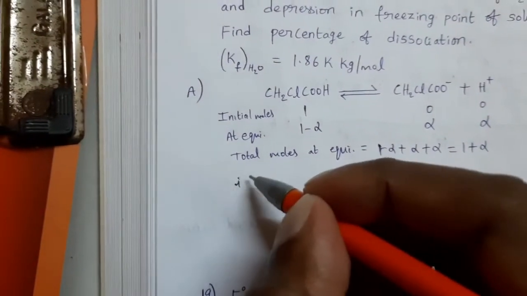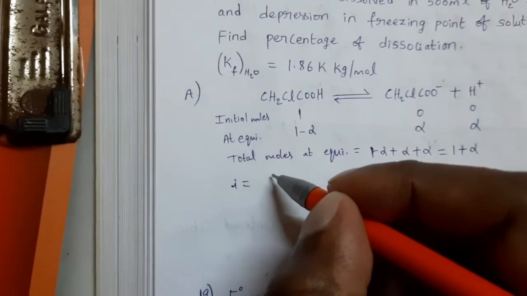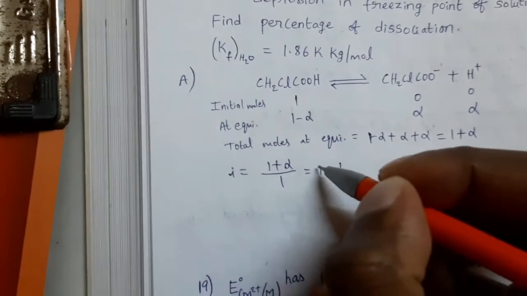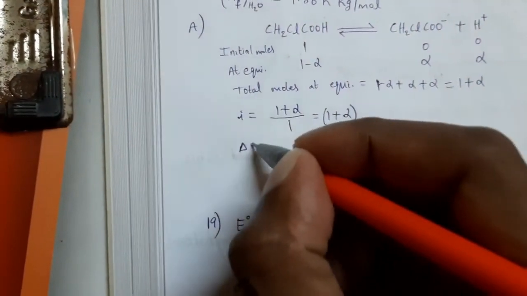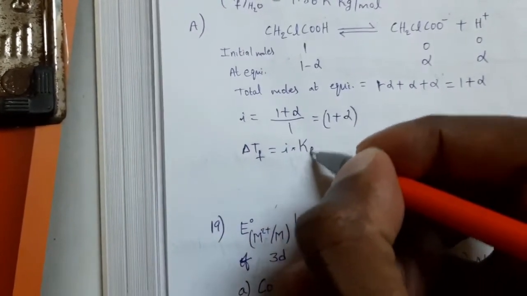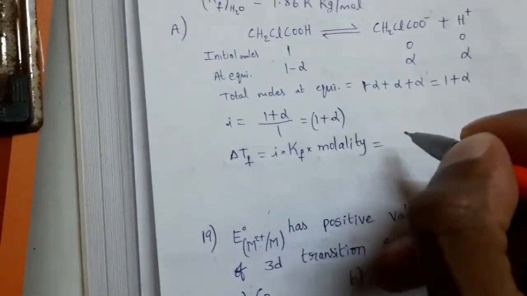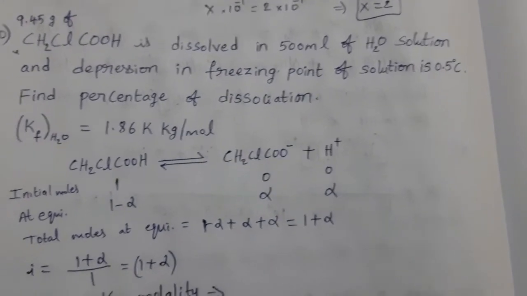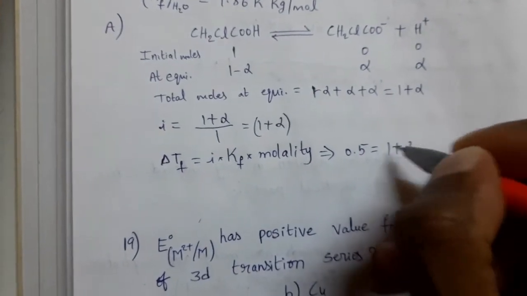Now the Van 't Hoff factor i equals the number of moles after dissociation divided by the initial moles, that equals 1. Therefore i equals 1 plus alpha. Now we know that delta Tf equals Van 't Hoff factor i into Kf into molality. Here delta Tf is given in the question. How much? 0.5. So 0.5 equals i, that means 1 plus alpha,